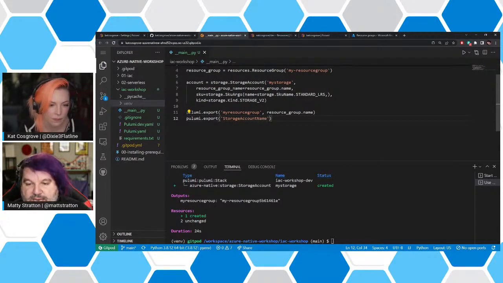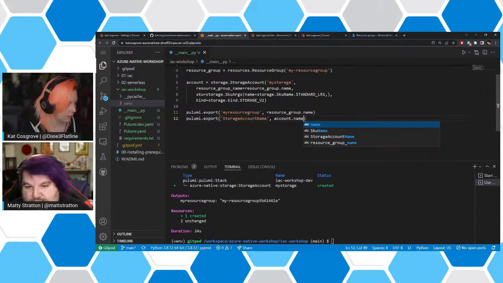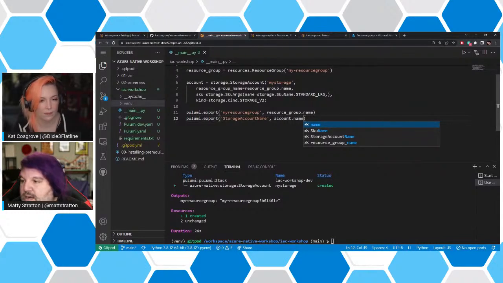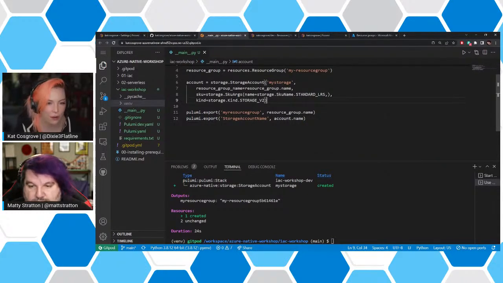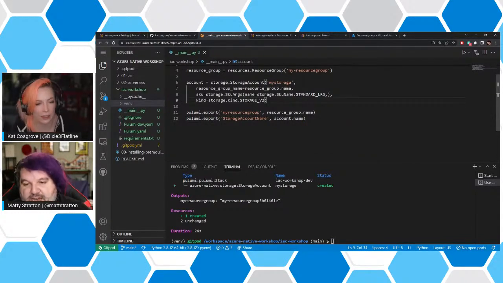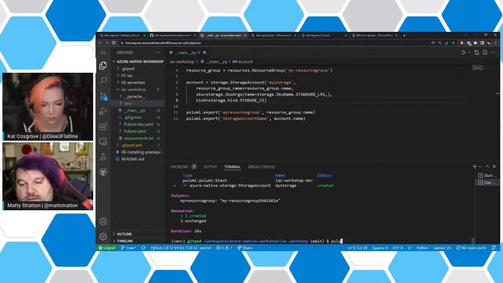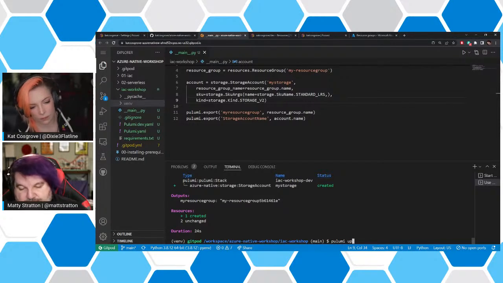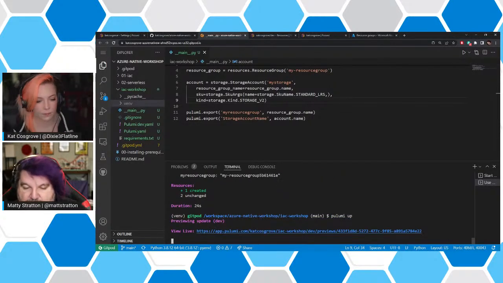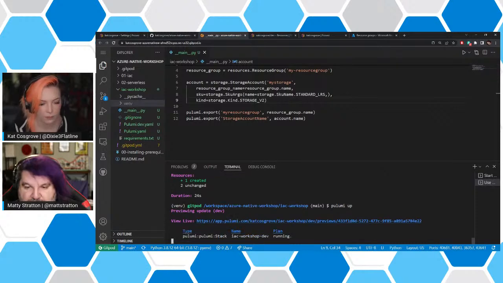All right, so we're going to export out the storage account name because we want to know what it is. Just because we need that. I'm not going to run another Pulumi app for it, just to get that. We'll see it later. And actually, I think if you did a Pulumi preview, you would actually get the name because it knows it. So do a Pulumi up, but just don't run it. Don't apply it. But I think it will give you that value.